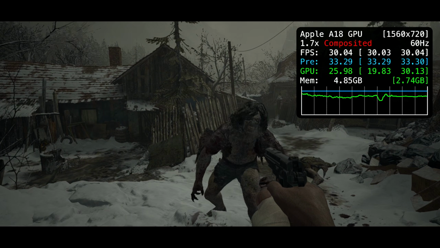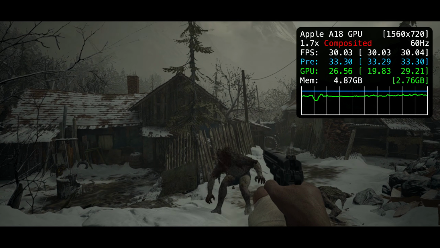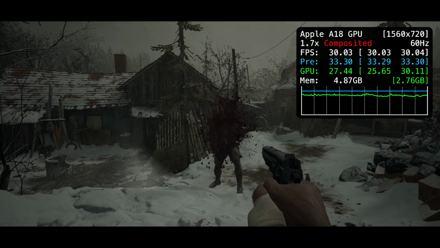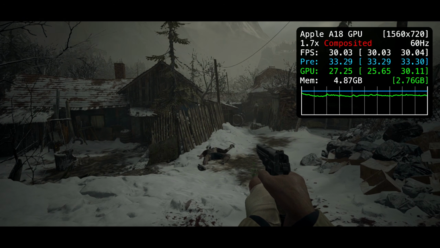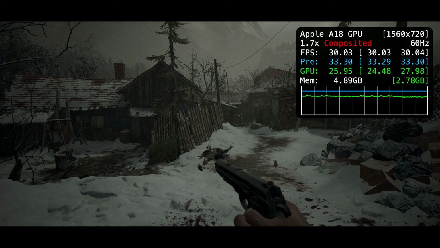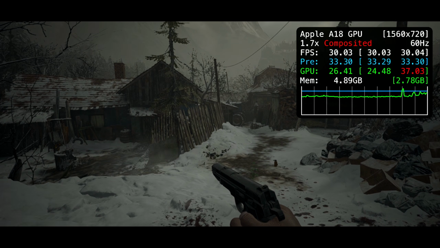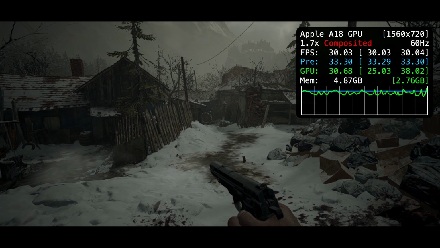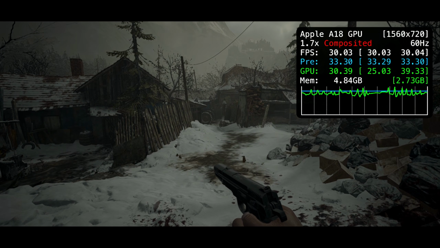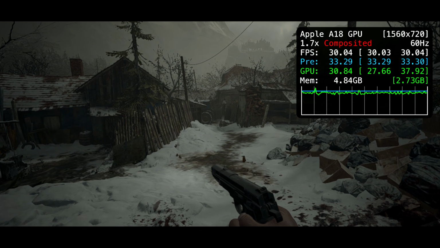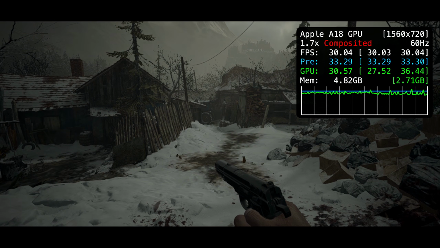If you have an iPhone 16 Plus, I would recommend playing the game this way, and not trying to aim for 60 FPS because it's just not possible. And at the end of the day, and I'm saying it again, this is still really incredible that this big AAA game, even though it's a few years old now, is running like this. I know it's not running incredibly well, but the fact that it's running this well, I still think is